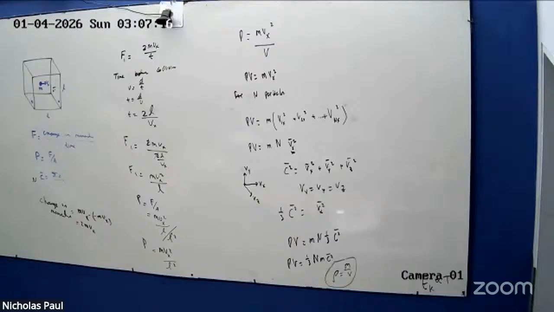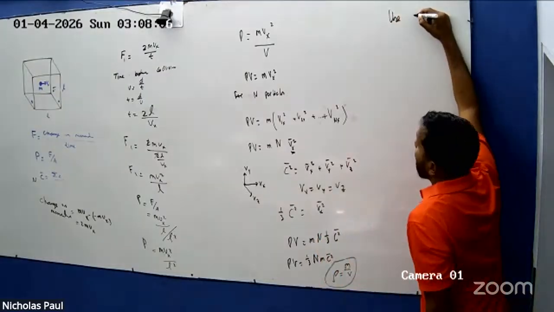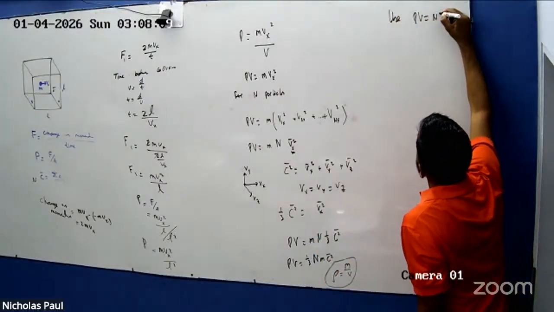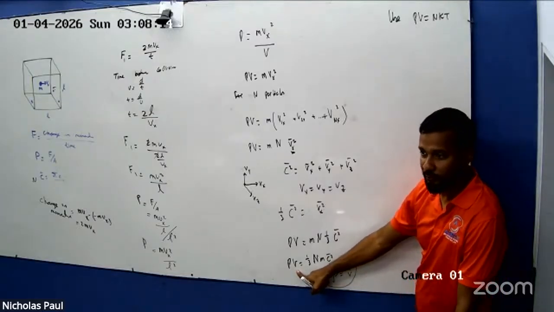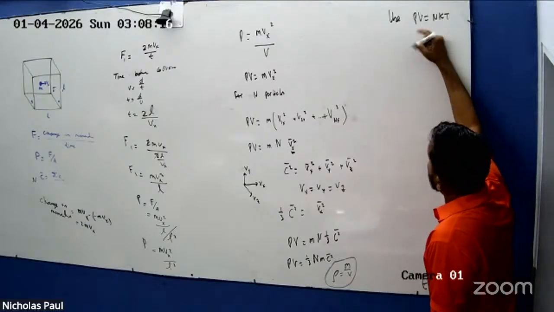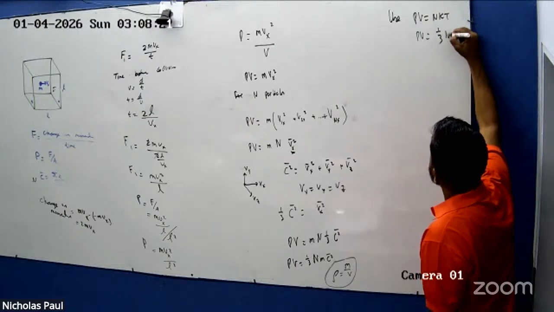No, the ideal gas equation. Right? You want to use the ideal gas equation, but which one? You have two: PV = nRT and PV = NkT. If we use PV = NkT, PV is also equal to 1/3 N m times the mean